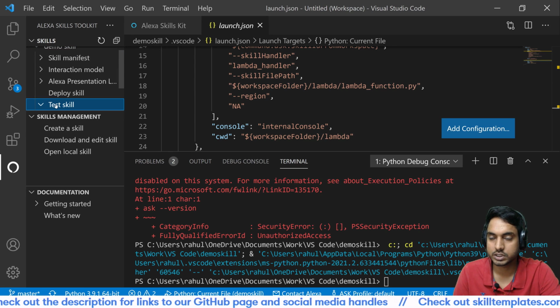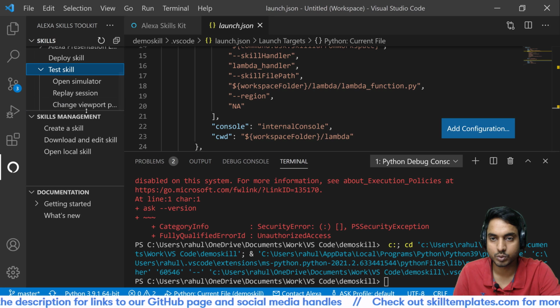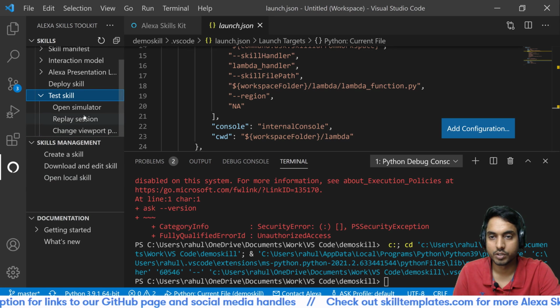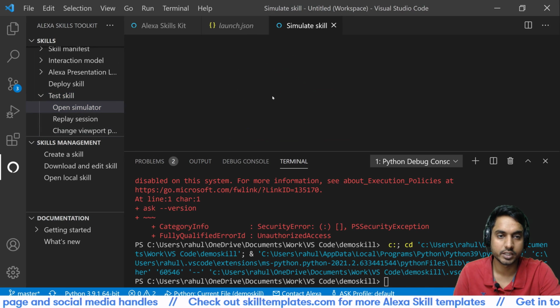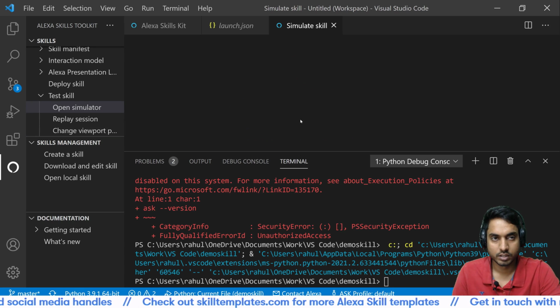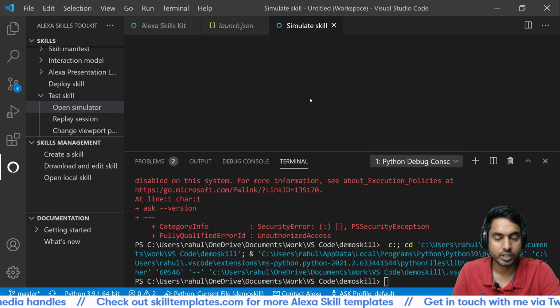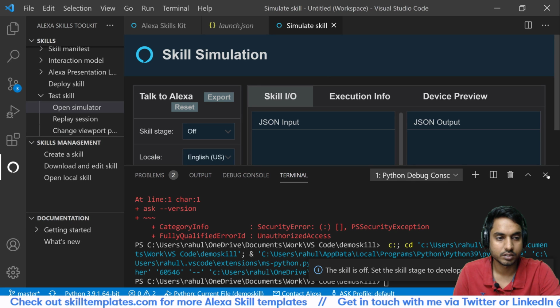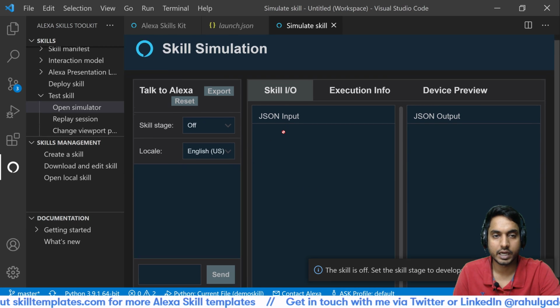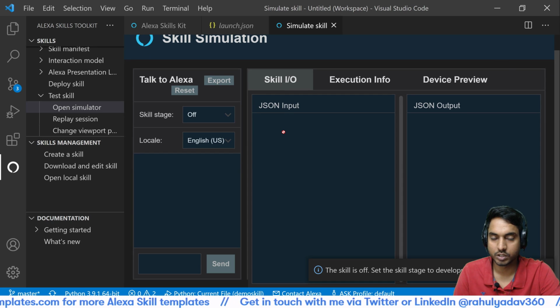Just click on this test skill option, and when you scroll down, you will see open simulator, replay session and change viewport. So just click on open simulator, and it would open up a simulator right here. I'll just close the terminal, and I hope you can see the simulator over here.